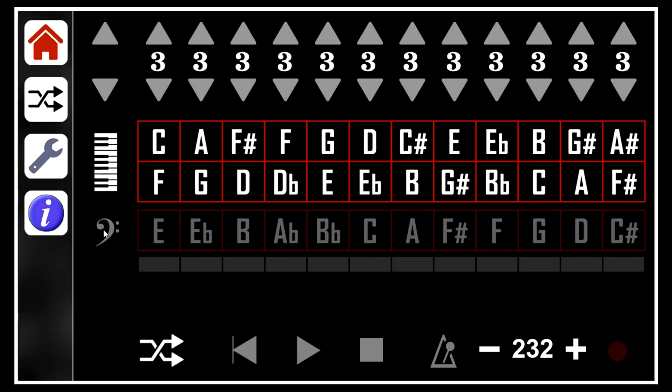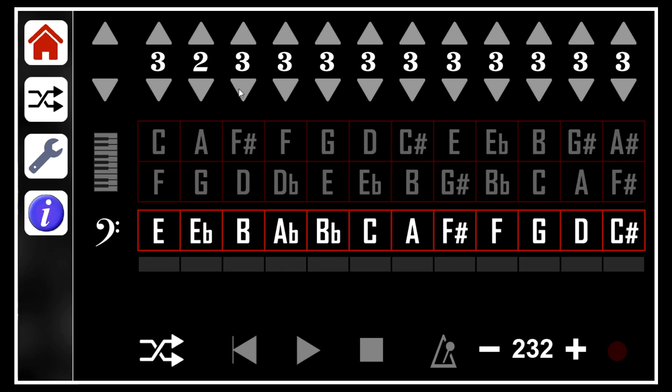Now just the bottom row is a bass line. Mute the top 2 rows, different set of time signatures,